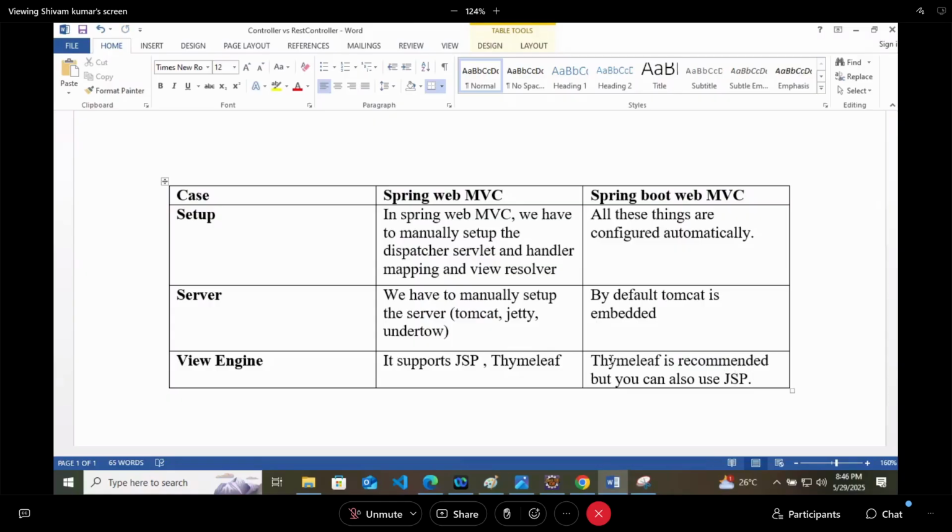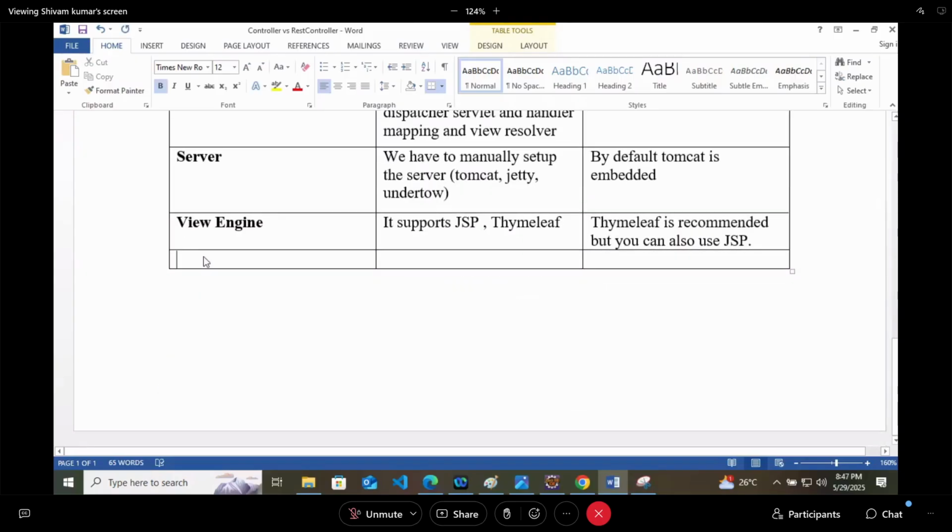XML. Do we require XML in Spring Web? Yes. We were doing configuration using XML only. The answer is yes, but it is optional. You can do Java configuration also, but that is very complex. Yes, but optional.